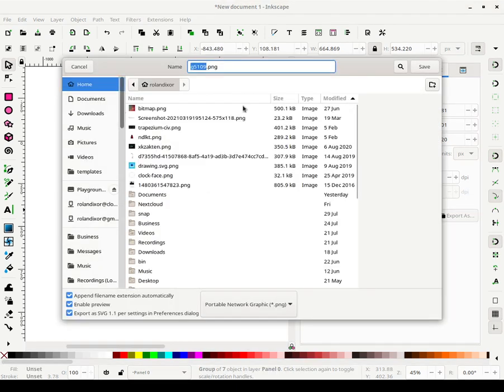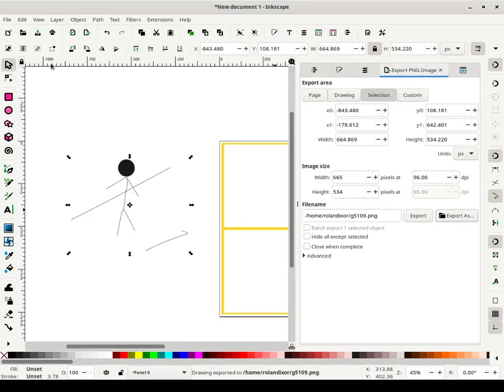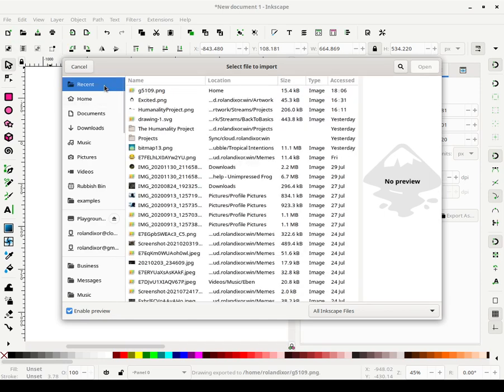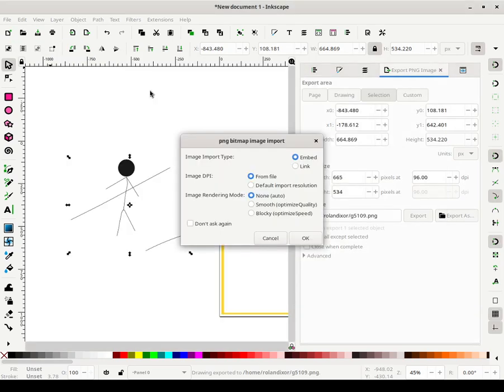This is normally not necessary, but in this case I'm not going to waste the time trying to wrestle with that. So I've exported that as a PNG, just have to import it again.